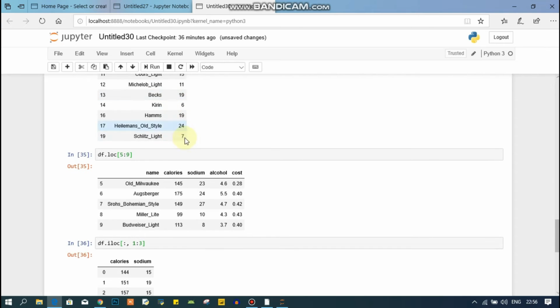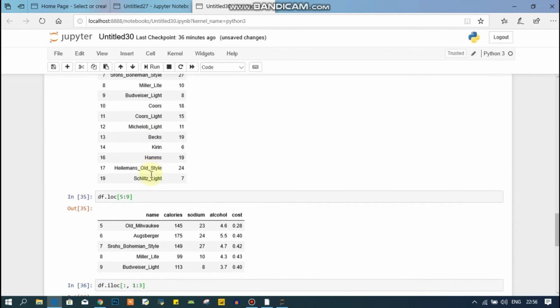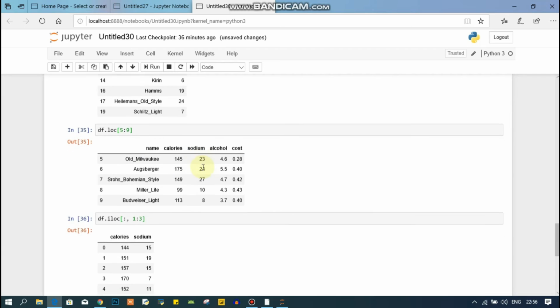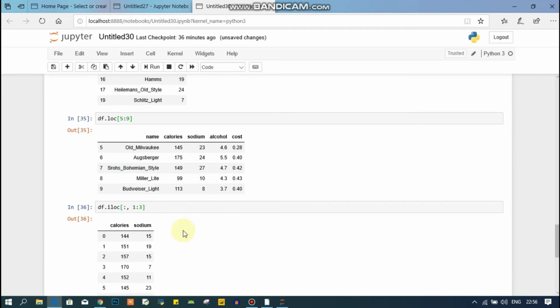Calories and sodium. Okay guys, sorry, I forgot that it uses the index values from 0. So name is my 0th column, calories is first, sodium is second, alcohol is third. So it has given me the calories and sodium columns. Also please note that this 3 is not included.